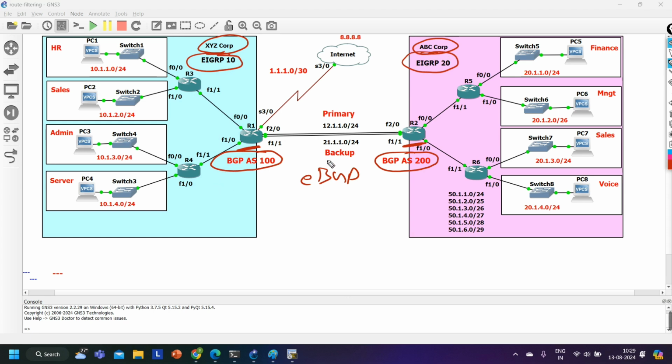Then BGP is good for route filtering. As you know, we have lots of attributes in BGP, so we can use those attributes for route filtering, for traffic engineering, right? So these are the benefits of using the BGP protocol between different companies' networks. Done. And guys, in the last video, we had seen the initial configuration of BGP on router 1 and